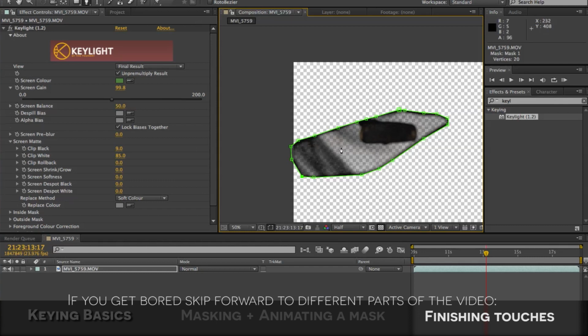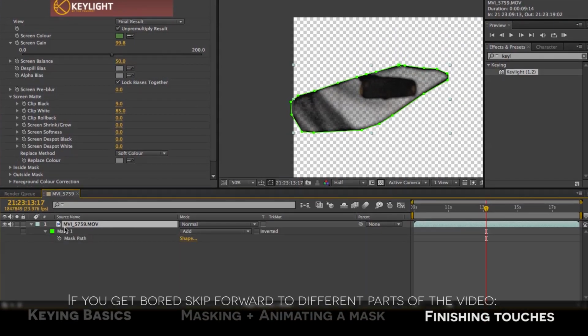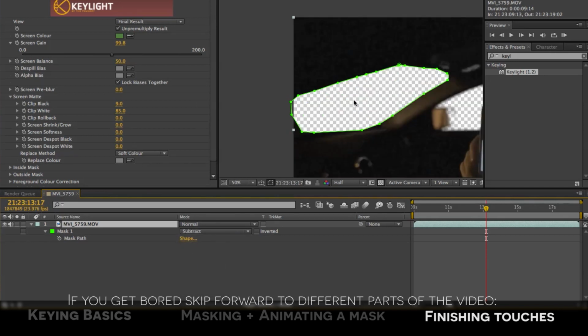shows. Now for what we want to do, we actually want the opposite. So if I select a layer and hit M on my keyboard, that brings up some of the mask properties. You see this little box here that says add. If I click on that, it gives me a list, and if I set it to subtract, now it's doing the exact opposite. So it's cutting a hole in the image